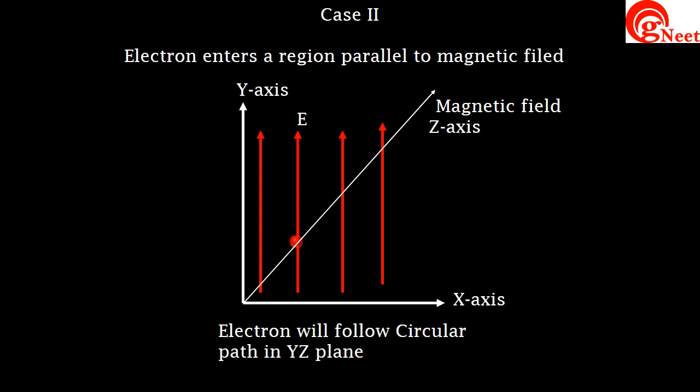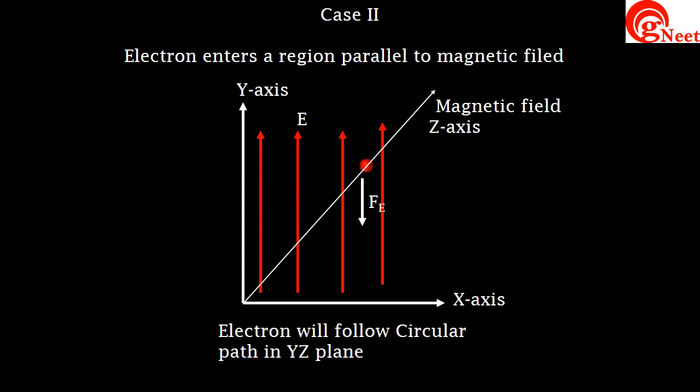In case 2, the electric field is along the positive y-axis and the magnetic field is along the negative z-axis. Now the electron is entering the region of electric and magnetic field parallel to the direction of the magnetic field, that is, along the negative z-axis. The electric force Fe on the negatively charged electron will be opposite to the direction of the electric field, that is along the negative y-axis, and is perpendicular to the direction of flow of the electron, shown by the vertically downward white